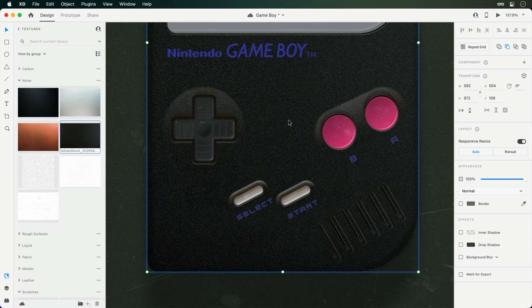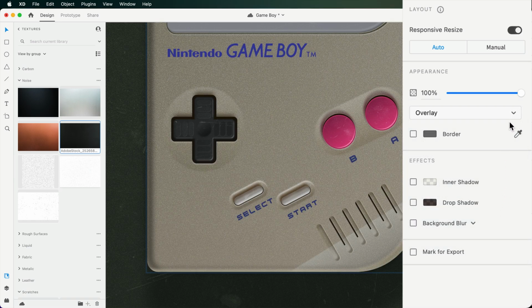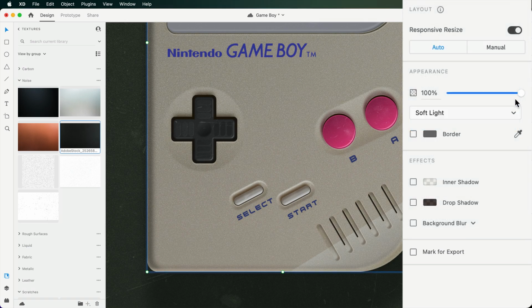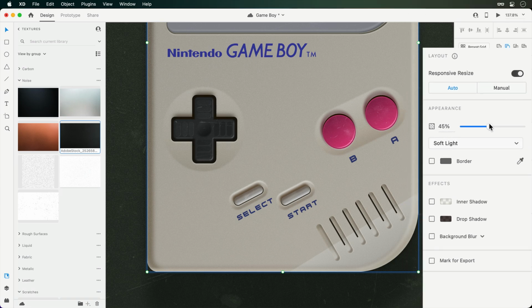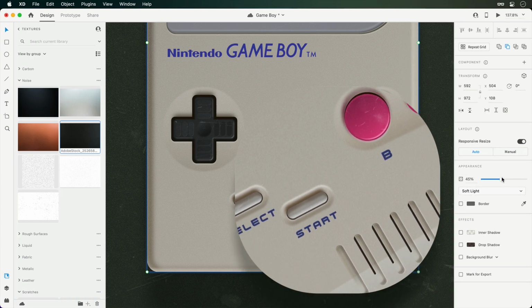Next, we'll want this texture to melt away into its surroundings, and that's where blend modes come into play. Each will affect your layers differently, especially if their colors don't match mine, so I would encourage you to experiment. But for this situation, overlay or soft light should work well. Then the opacity can be dialed in to control how strong the effect is. For this first texture, we're after a nice and subtle look.